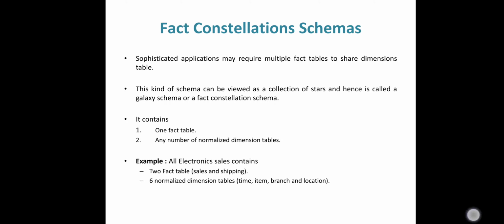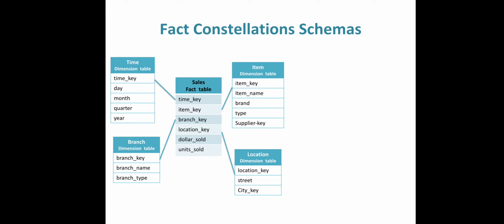Now, let us see this by an example. The same example from the star schema I have taken, the only thing I have changed is that we have a supplier type, here I am mentioning a supplier key like in a snowflake schema, and here I am mentioning the city as a city key, without mentioning the state and country here. In this way we are going to represent this fact constellation. These are the basic requirements, that we have a single fact table with all the dimensions like time, item, location and branch. Now, how can we have another fact table?